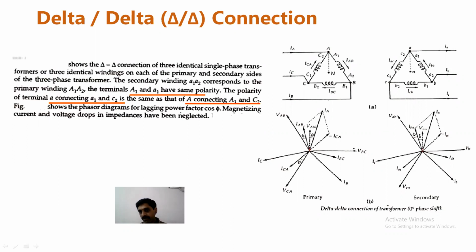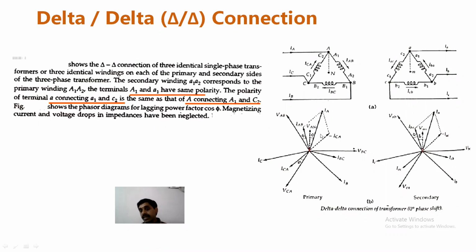There is an angle difference between line voltages and phase voltages. Here, this phase voltage is some degrees phase advance with the line voltage. You know that. And here you can take the line phase current IAB. So this phase current, you know, line voltage is equal to phase voltage in the delta connection. Okay. So this IAB, which is a phase current, it is lagging with this phase voltage VAB. Okay, this VAB is a phase voltage, that is also line voltage.